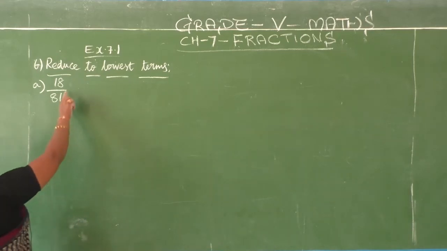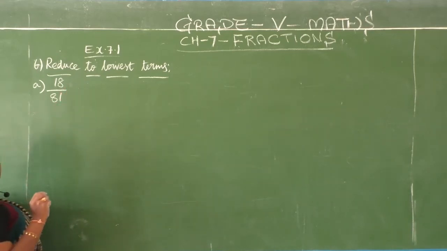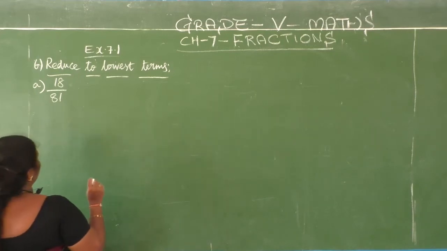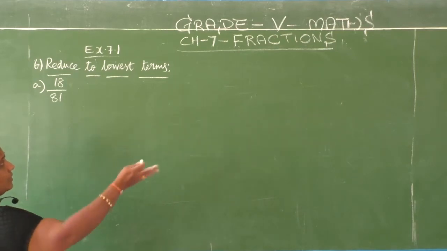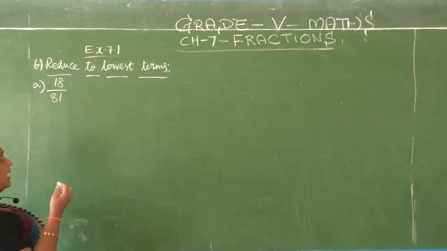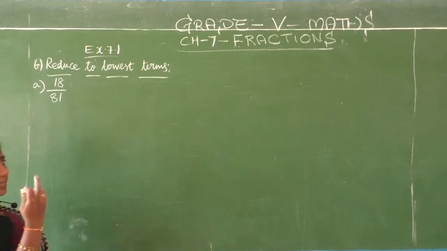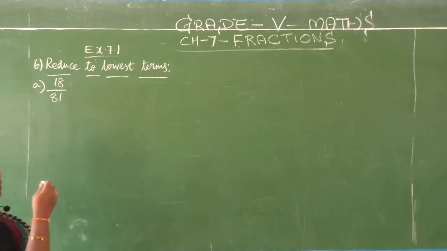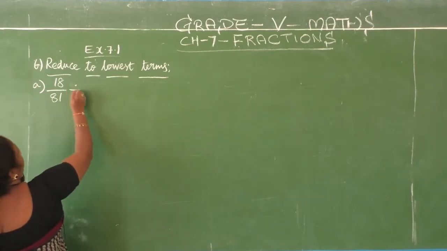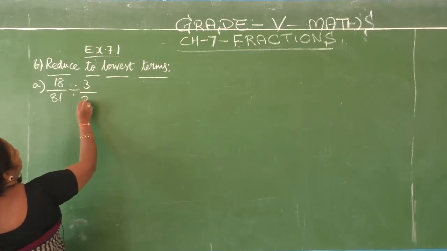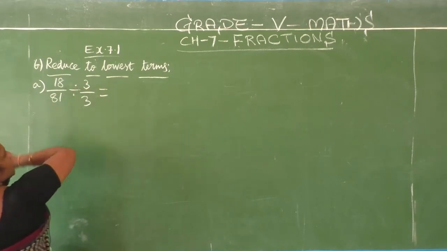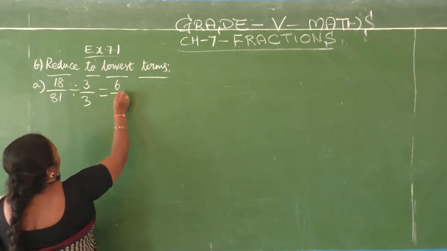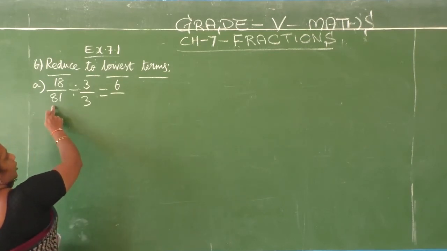So which is the common factor of 18 and 81? Yes, very good, 9. Very simple. Otherwise we can take 3 also. 3 means it will go the longer way; 9 means it will reduce in one step. If you take 3, it will take 2 or 3 steps. I will teach you both, 3 and 9 are okay. First divide by 3. How many 3s are in 18? 6 3s are 18.